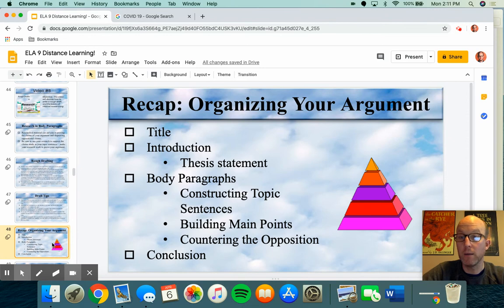All in all, the structure, and I'd like to bring it back up every now and again, is: we have that title, if we haven't done so yet, an intro that has our thesis, body paragraphs that have a topic sentence in the beginning with the reason in that topic sentence, and then evidence and then explanation of the evidence. And then you do that two total times, and then a counter argument where you explain what the counter argument is and then why it's wrong, and then your conclusion where you explain all your main points. And that's your essay, right?